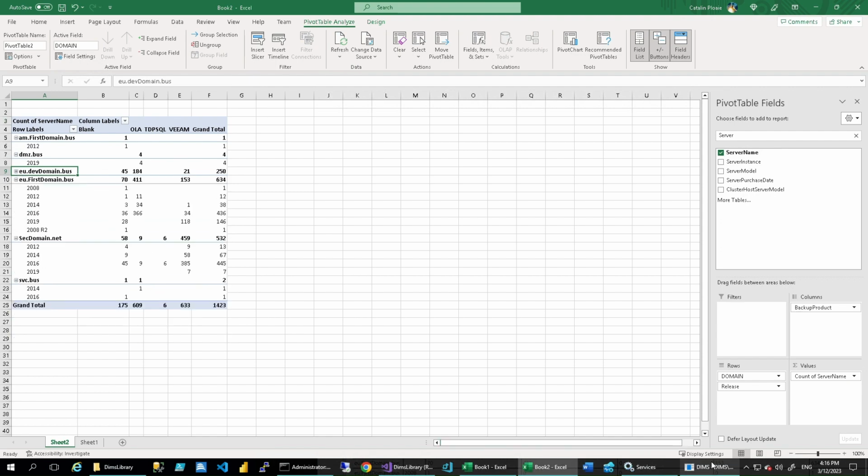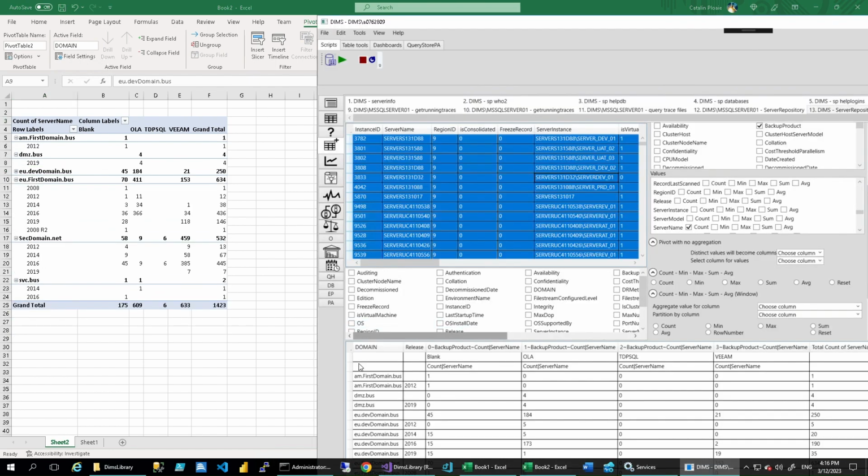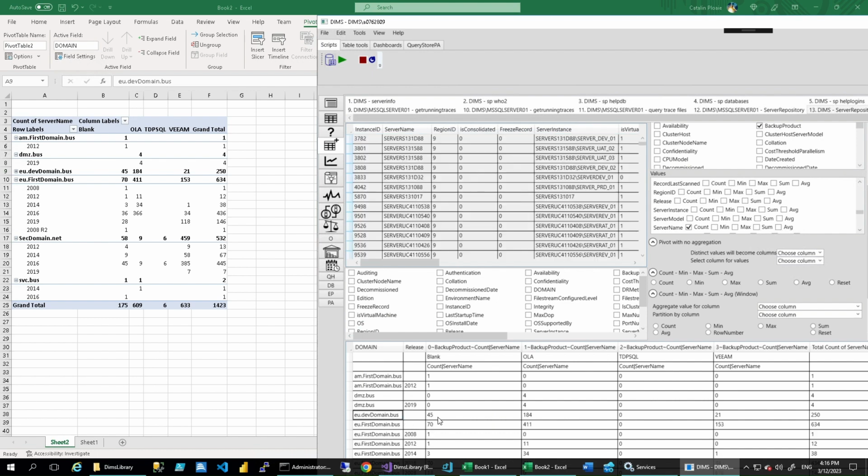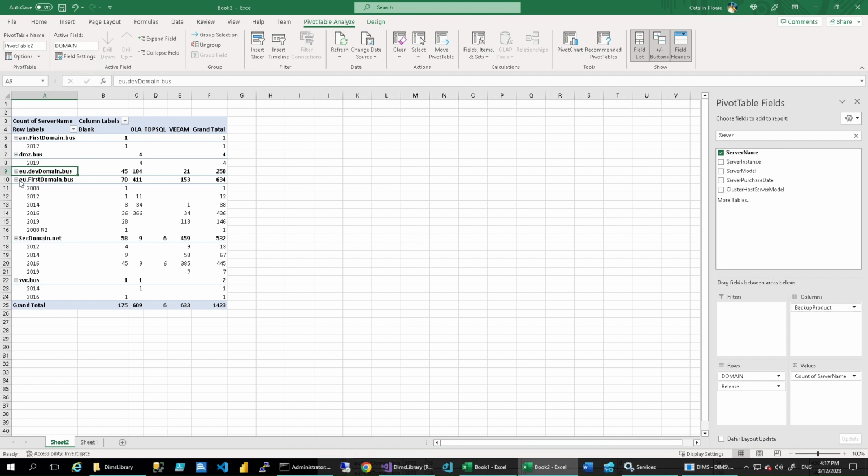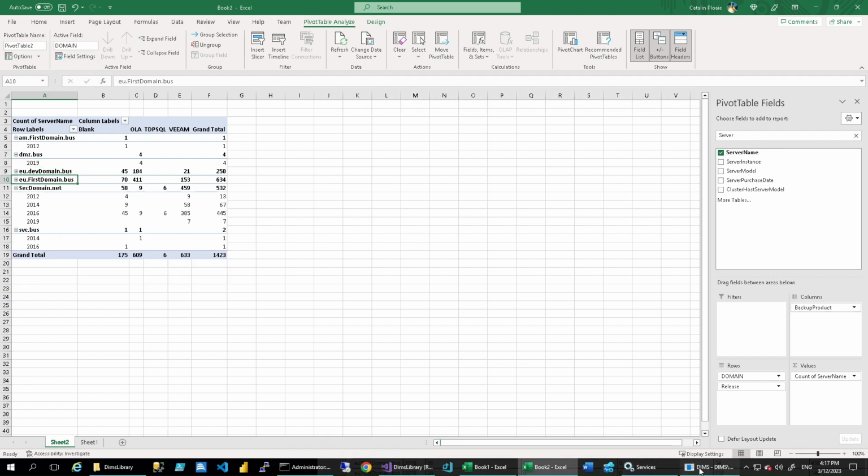So I tried to duplicate this, and let's collapse the EU dev domain. As you can see, 445, 184, 21, and 250. If we collapse the EU first domain bus,